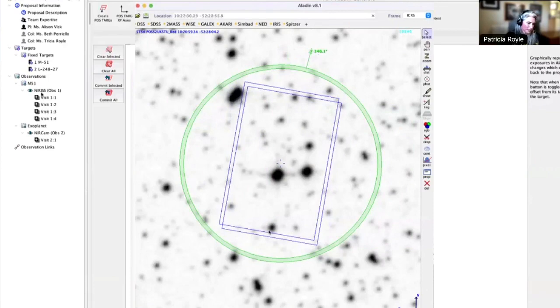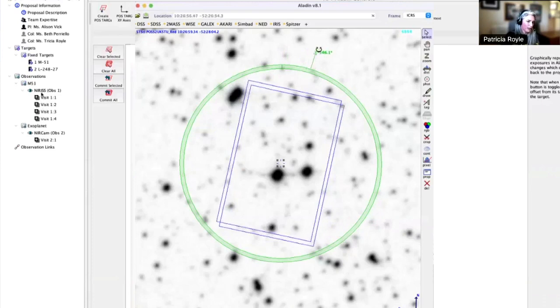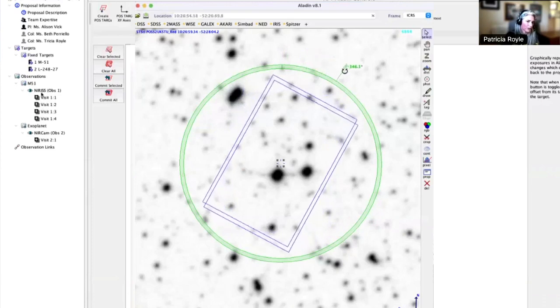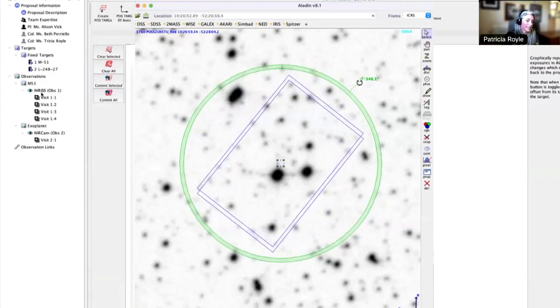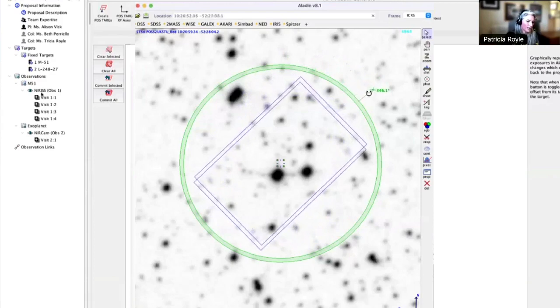But I'm also seeing this object down here, which maybe I want to keep. I don't want it to roll off. So I think I have to be a little careful how far I roll to make sure it doesn't go off the other end. I'm just clicking and holding and rotating it. And I don't think I want to go any further than about there. And that's at 308.9. Given that I don't want this, but I do want this, I'm going to add a V3PA of 310 to